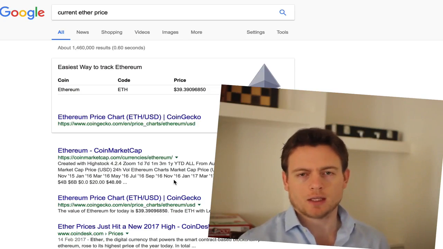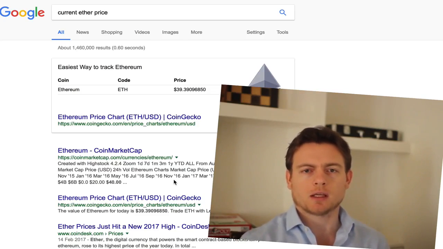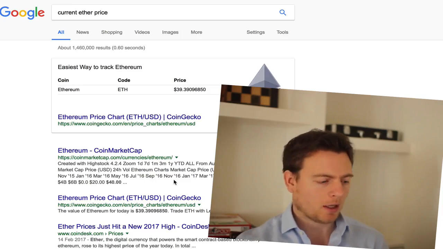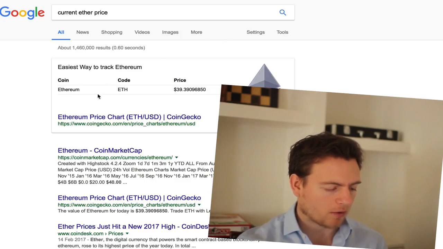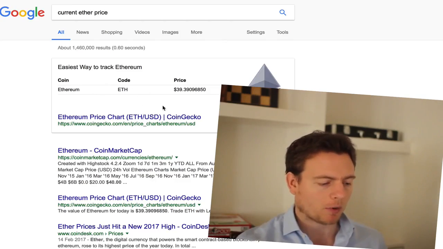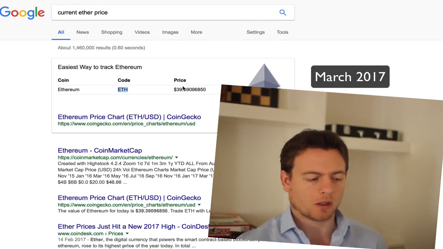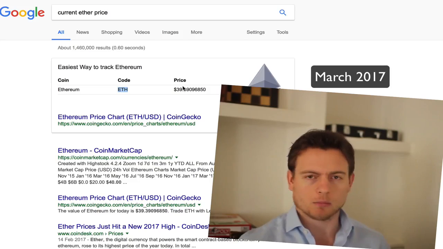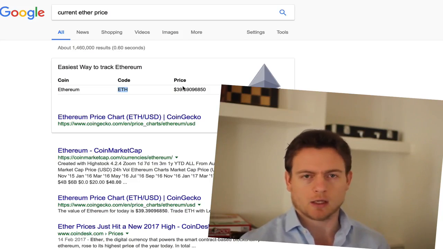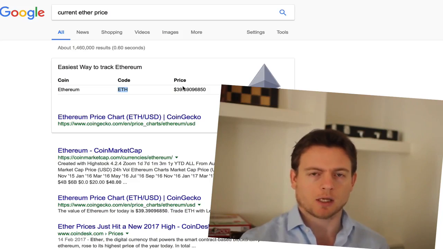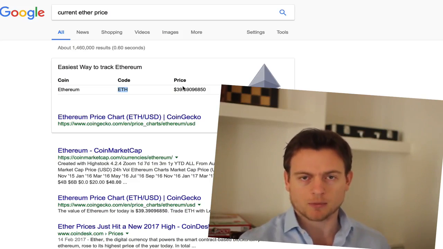Let's get going. All right, so the first thing, which is probably the easiest to explain, is the underlying cryptocurrency itself, Ether. If you have a quick look on Google, it's very straightforward to see the current market price of one ETH or one Ether, which is currently just over $39. And this Ether, just like Bitcoin and other cryptocurrencies, is traded on the open market. They have an exchange value which is determined by supply and demand into and out of all of the major